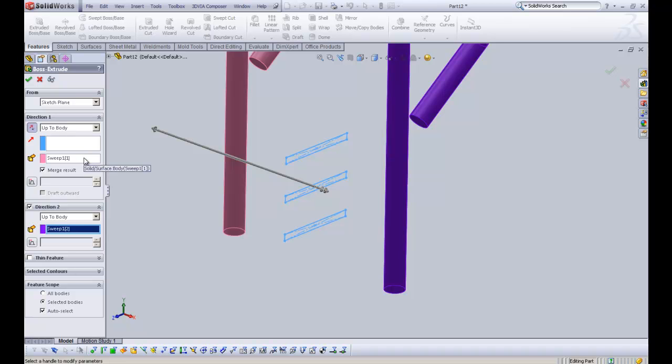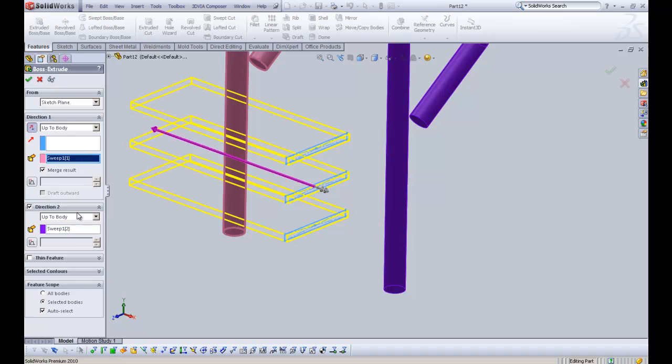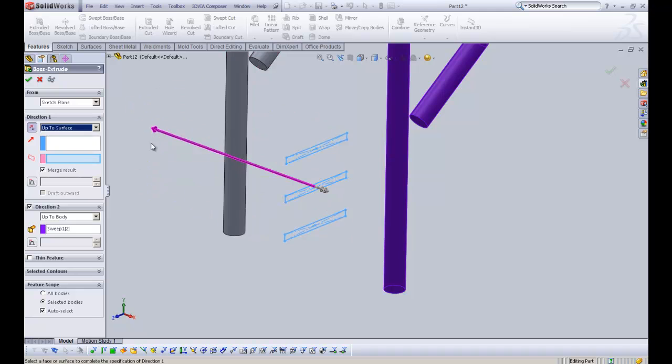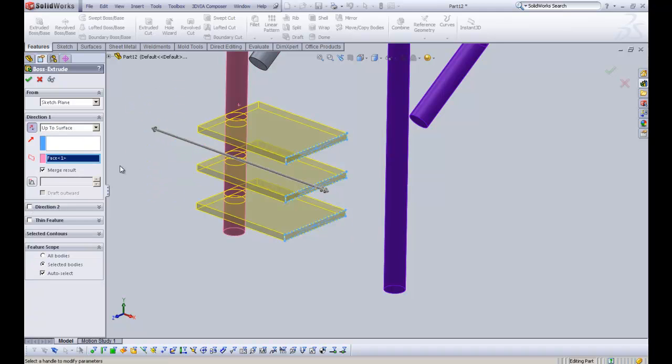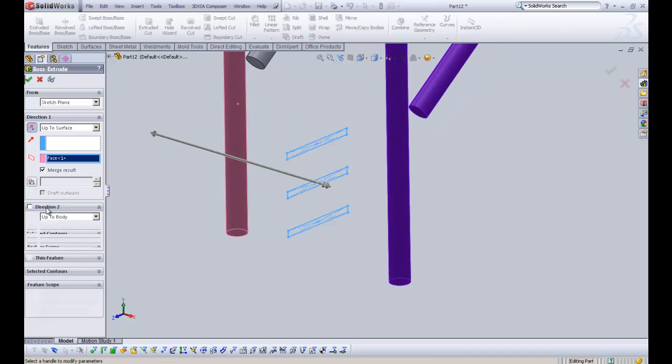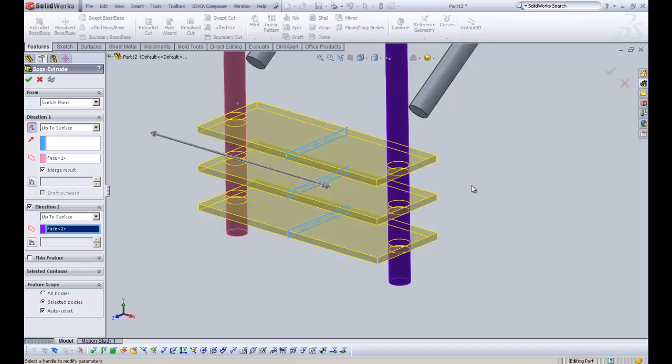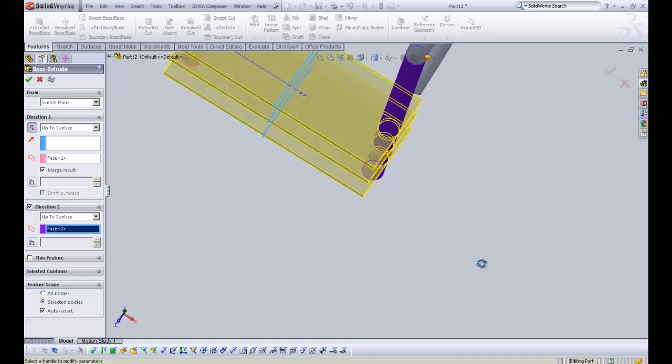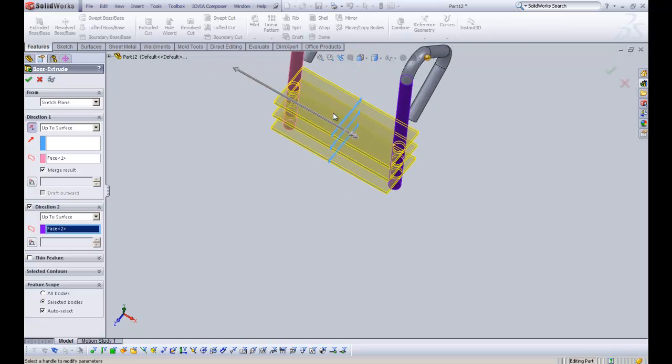So I am going to have to do it another way. If I go up to surface and get rid of that direction. Okay, so that's not the best of ways. That's going to be a little bit ugly. But if we go to there as well, we can see that it's going to the outside of the surface